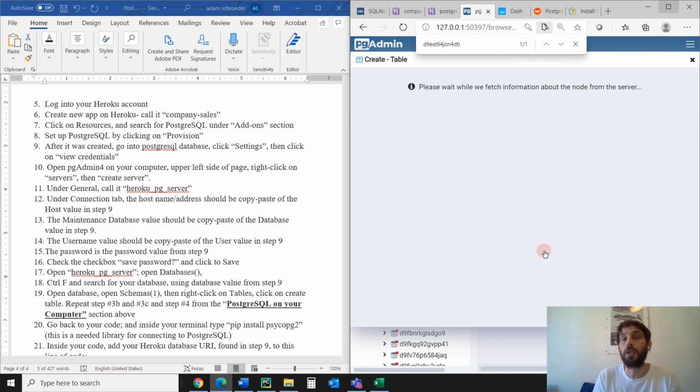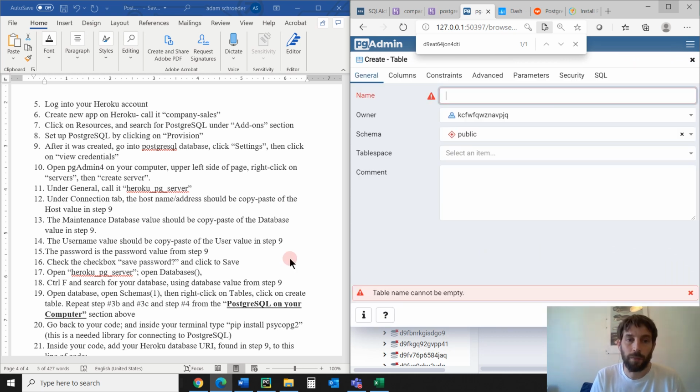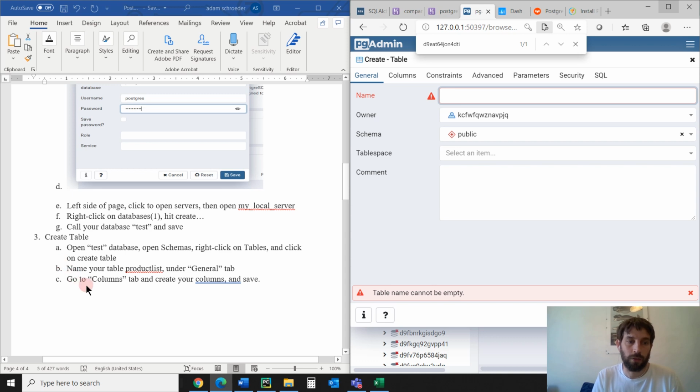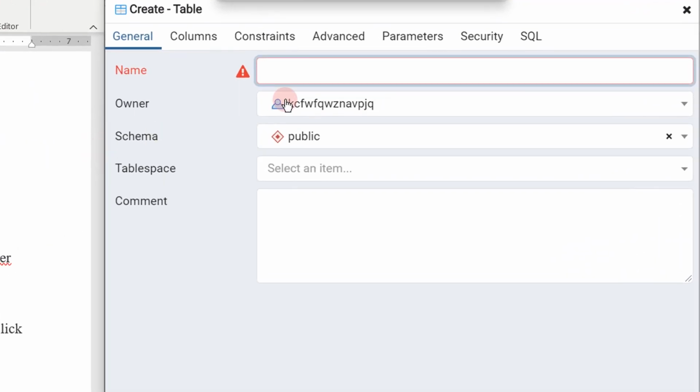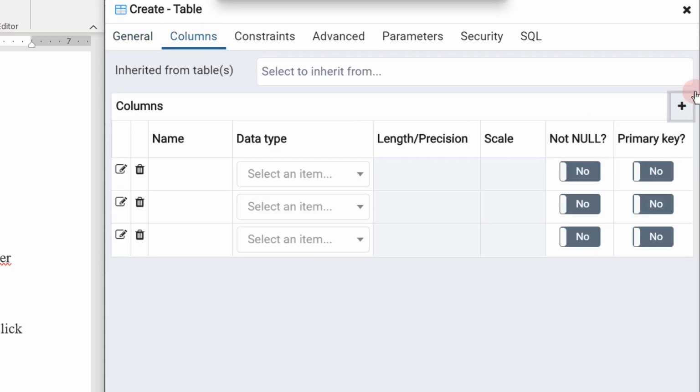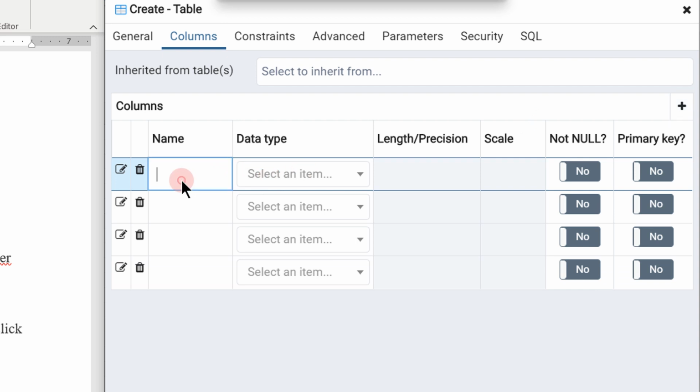And here we're just going to repeat the same information that we did. We're going to repeat step 3B, 3C, and step 4 from the section above, from section 1. Remember, Postgres on your computer. So let's go back up and repeat steps 3B, 3C, and 4, which is create this product list. Because I'm going to have the same name for this database online. I'm going to call it product list. I'm going to repeat the columns. Remember, we had 4 different columns. Phone version and